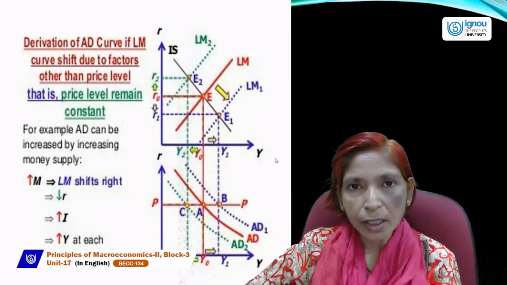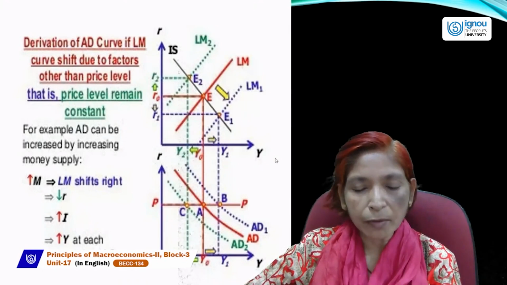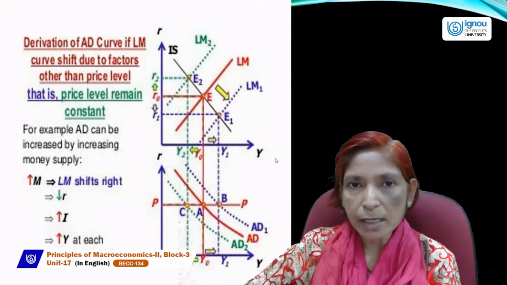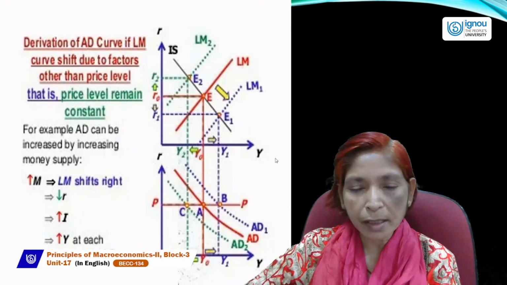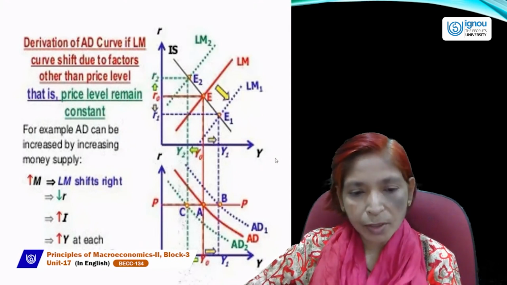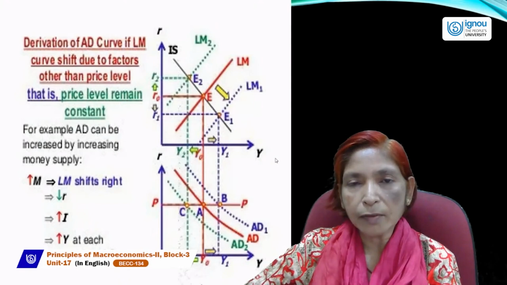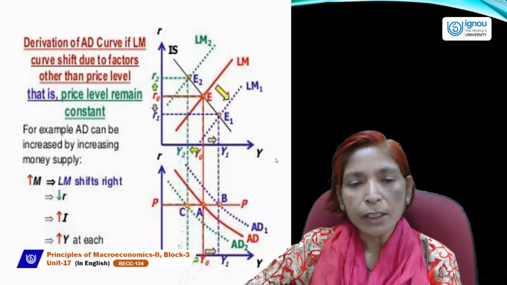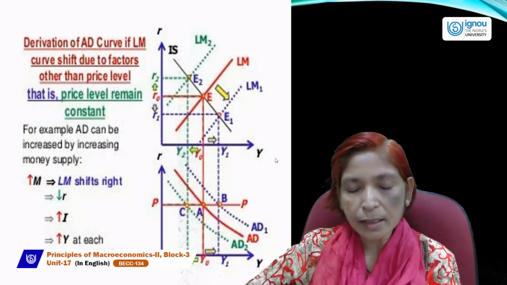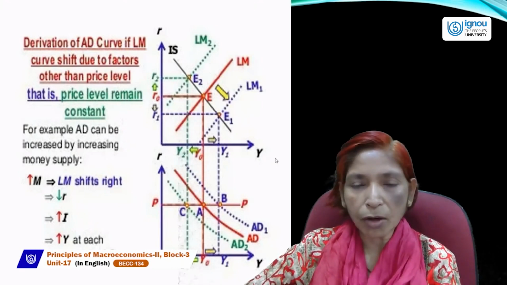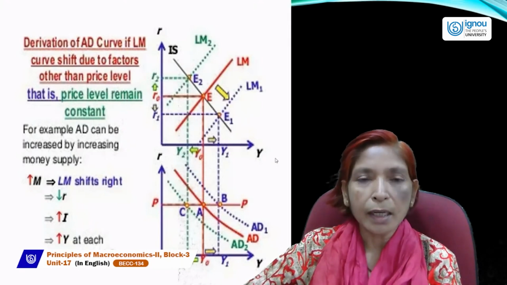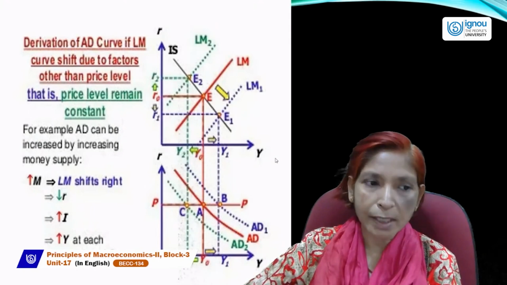If we join these three equilibrium points or income levels to another curve, and price remains the same, then first of all we will draw the initial aggregate demand curve. The red line is the initial aggregate demand curve. Due to a rise in money supply, the aggregate demand curve will shift to the right hand side, and due to a fall in money supply or contractionary monetary policy, aggregate demand shifts to the left hand side.